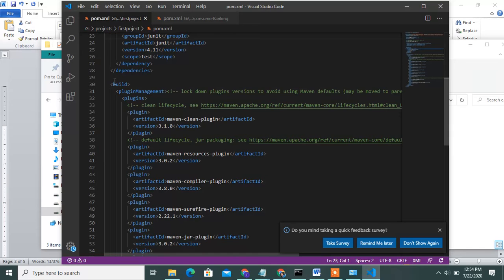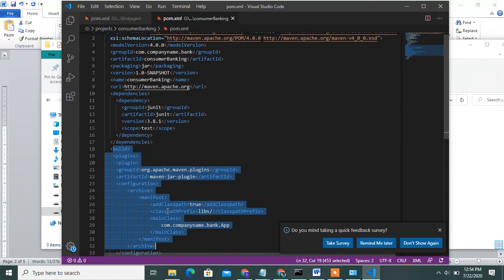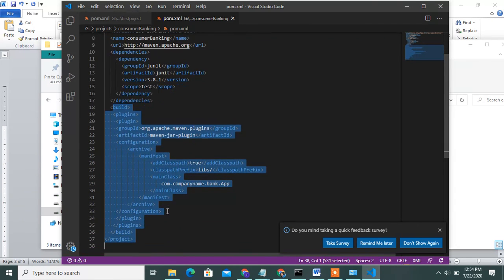After dependencies you can mention the build, and after build you can write the plugin also. After dependencies you can add the Maven plugin. Simply, add this also.